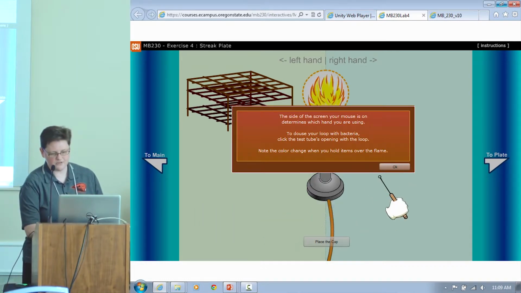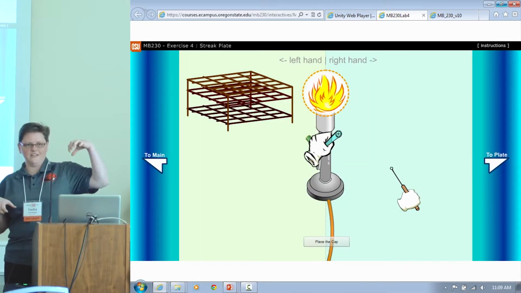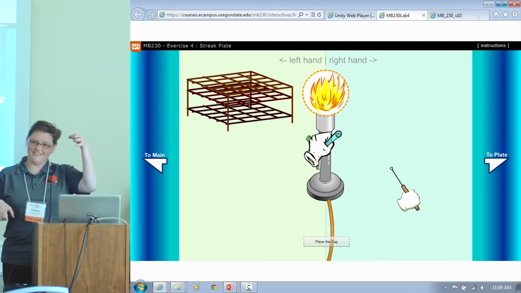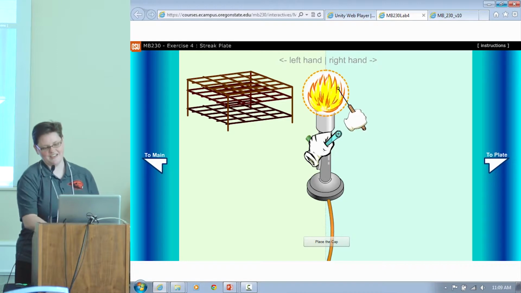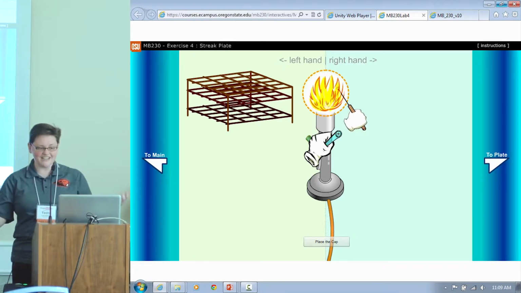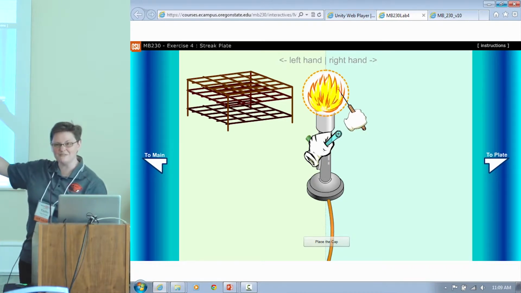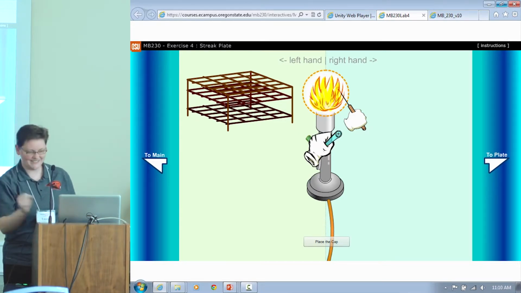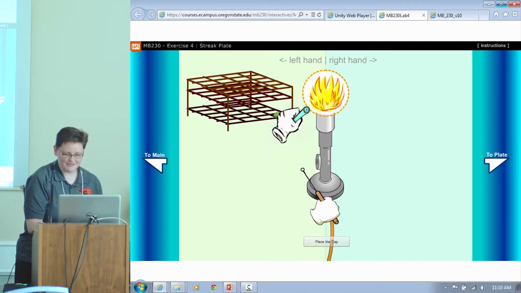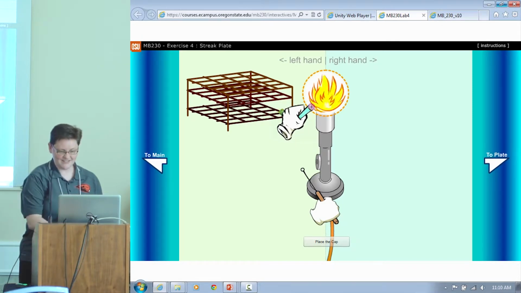Okay? So how do you work with holding a lid in one hand, a tube in your other fingers of that one hand, and a loop over here, and you need to flame things. So flame your loop, get it nice and red hot. They actually need to hold it in the flame for a certain period of time before it turns red, because that's how long you need to hold it there. And then they need to flame their tube cap, so that also gets red hot.